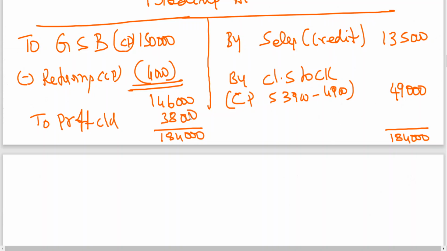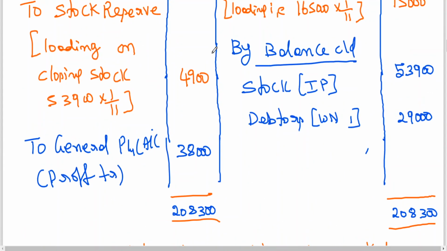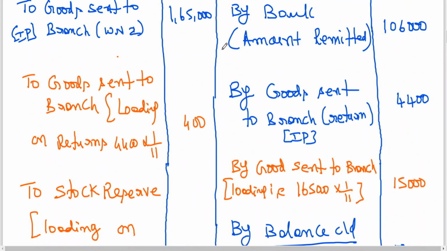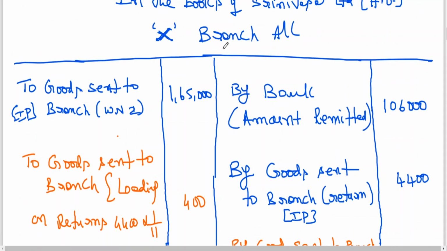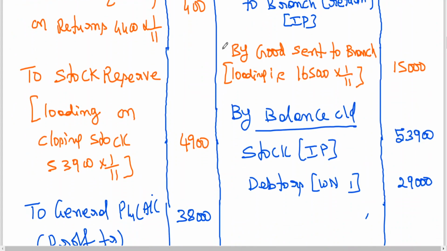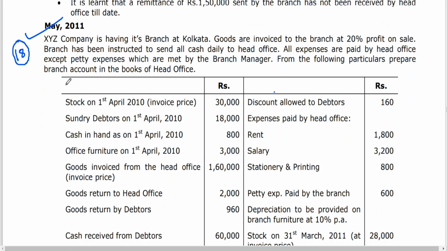Is this clear? So last class also you have done final account. Let us not waste time for every problem to do both methods. Sometimes you'll be stuck up somewhere. Be careful. Unless he's asking, do it. It's a practice. We will be working out few problems on final accounts also. Okay. Then next, we'll move on to this problem.